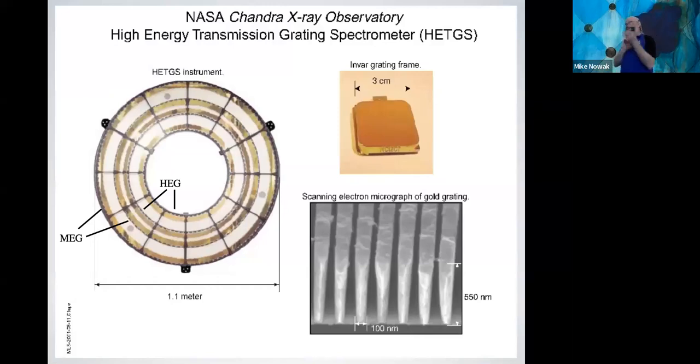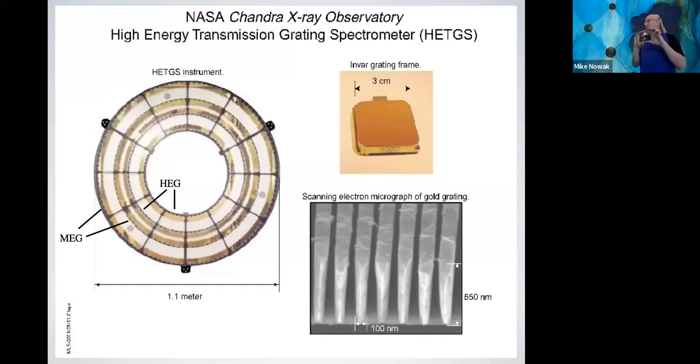And I have actually brought some of these, so I'm going to pass this around. This is one of the facets. There are about 400 of these on the detector. You can see from the audience here that if you're looking at this, it looks like you're reflecting off a solid surface of gold, but when you hold it up to your eye, you'll see that you can actually see through it.